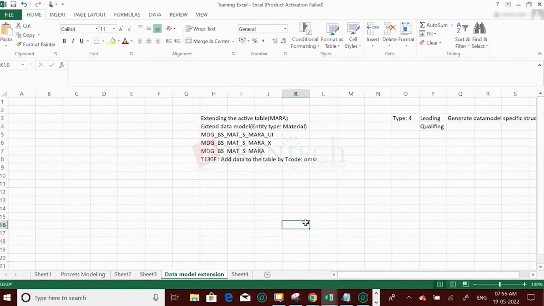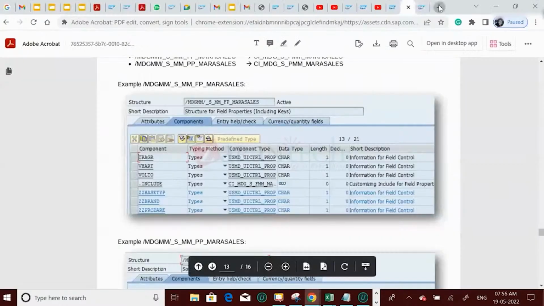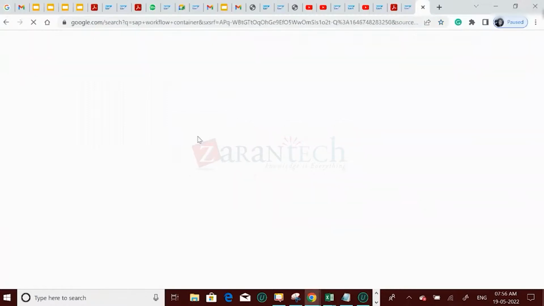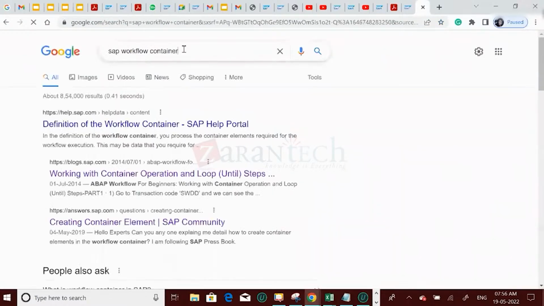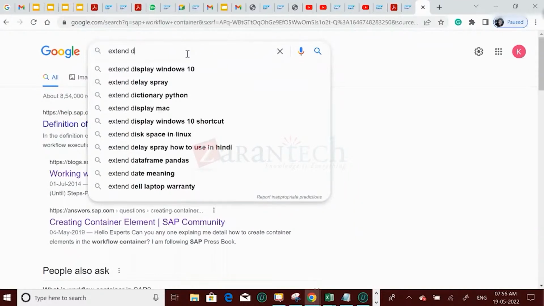Okay. See, let me show you the document also. Same document, there is no change. Just you will create a type 4. Let me show you. Maybe I think we don't know how to show, at least we can discuss about it. You can practice. Yes, you can practice extend